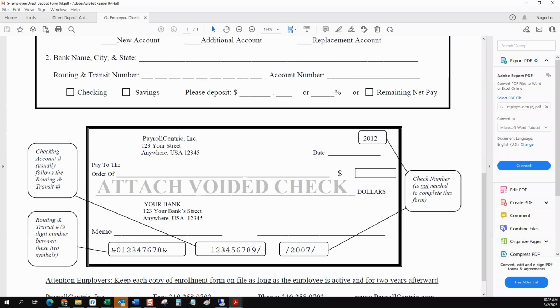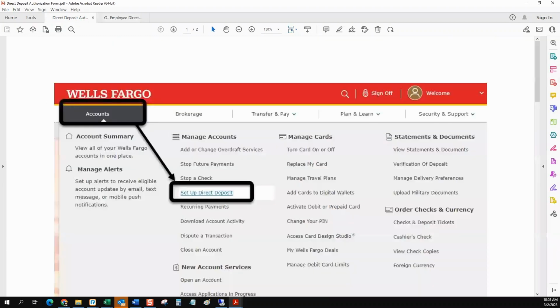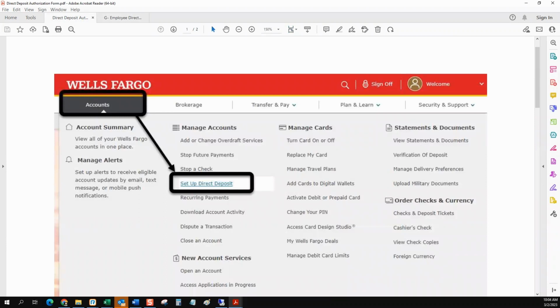And so what to do with people who have never even seen a check, let alone used them, is that the employee can go log into their bank online. I'm going to give you an example right here of, say, Wells Fargo. Wells Fargo has it where you click on accounts and then set up direct deposit right there. And it will take them